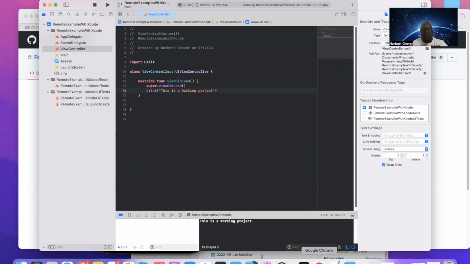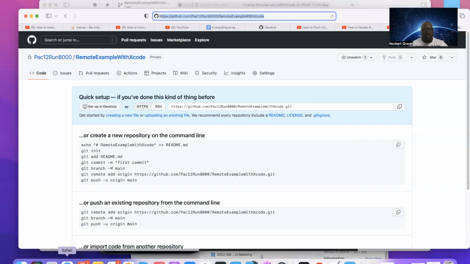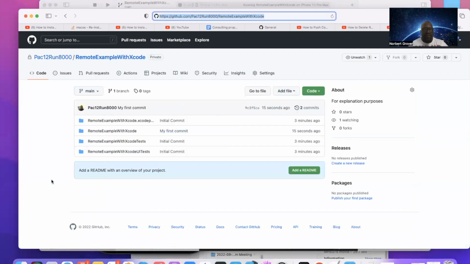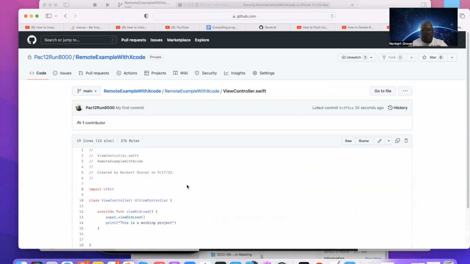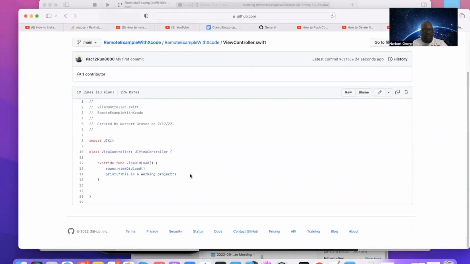So now when I go back to my browser, I reload this, and there we are right here. And as you can see right here, it says my first commit. And I'll say view controller, my first commit. This is a working project. And yeah, so